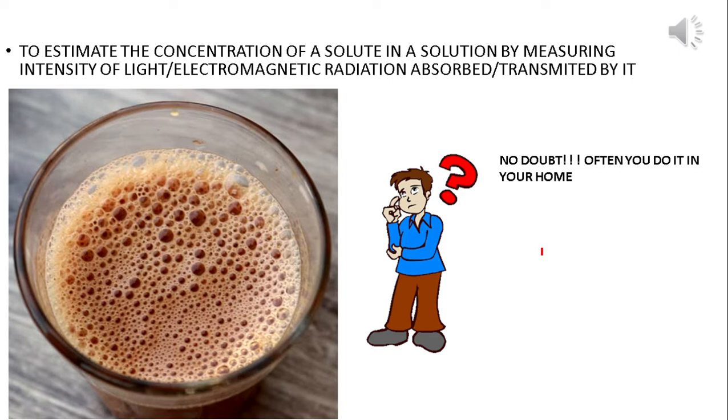Absorption photometry is a simple but very efficient method of understanding the concentration of a solute in a solution if it is a colored solution. Colored solutions can be measured using our naked eye to a certain extent, or in the laboratory we can do it by an instrument called colorimeter. Even if there is no color for the original solution, we can derivatize the solute to form a colored derivative, a colored solute, and then we can measure the color intensity.